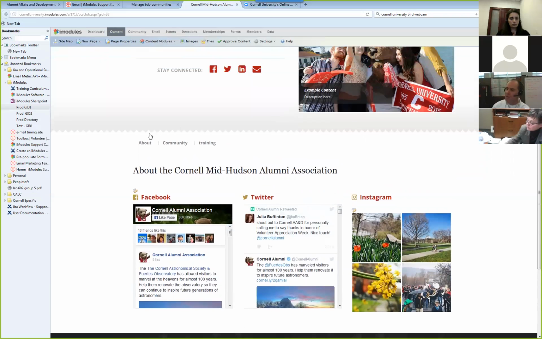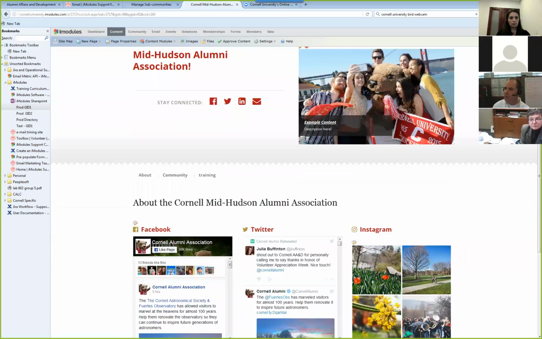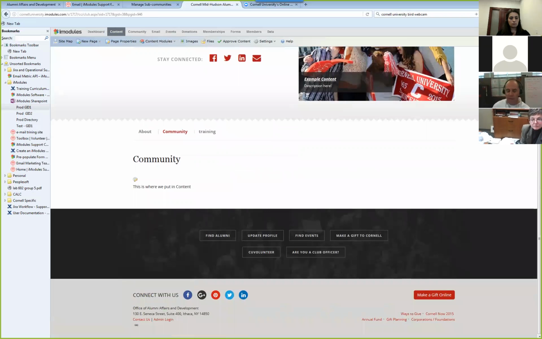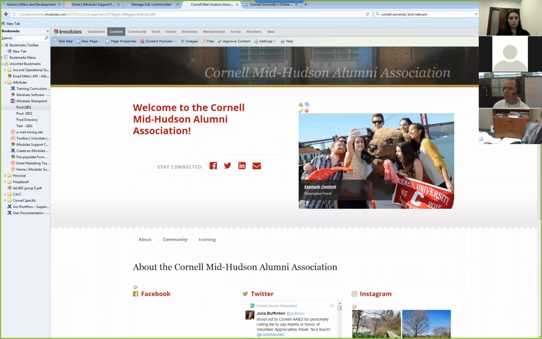So now this is the middle section. This is where a lot of the work gets done, where a lot of the content is placed on websites. And we can create these little tabs. Right now we have 3 tabs. Every page, the templates will deliver you with 1 tab and a community tab. All right. They do not come populated. So you can decide, perhaps on this page, I want to put in some history of the club. How do I do that?